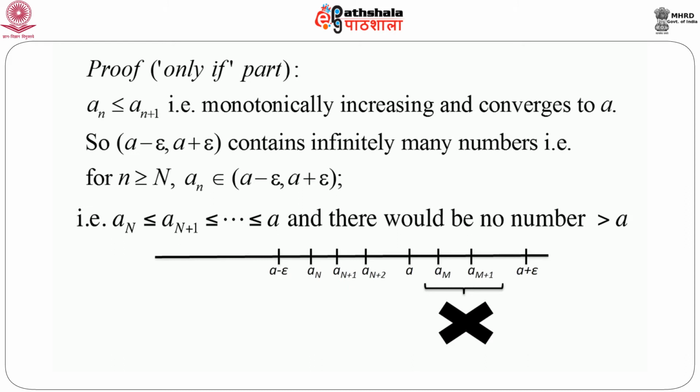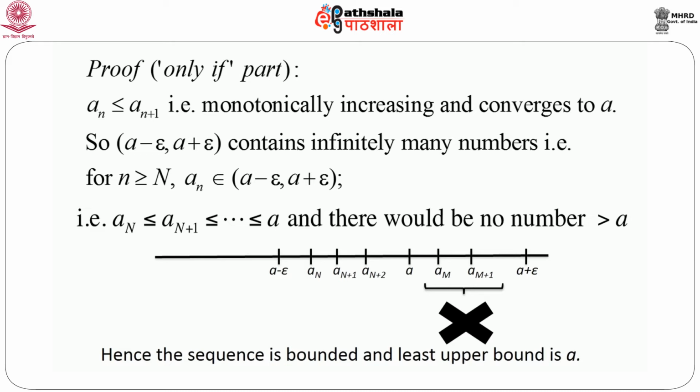On the other hand, we can also see, if we follow the argument, then a minus epsilon to a contains only a finite number of values of a_n. That means we have to probably look somewhere to see the converging point, but it is given that the a_n sequence converges to a. So, we cannot get any other value that exceeds a. So, this is not possible, these values cannot exist. Hence the sequence is bounded because all the numbers are less than or equal to a, and naturally the least upper bound is a. So, this completes the proof of the fact that a monotonically increasing sequence converges